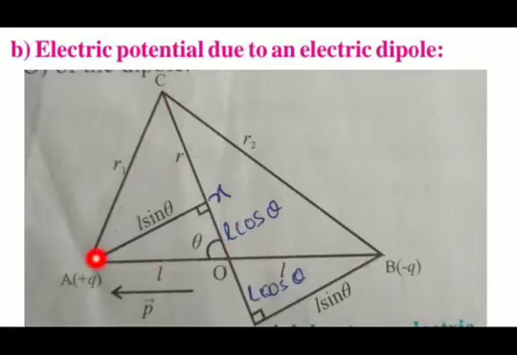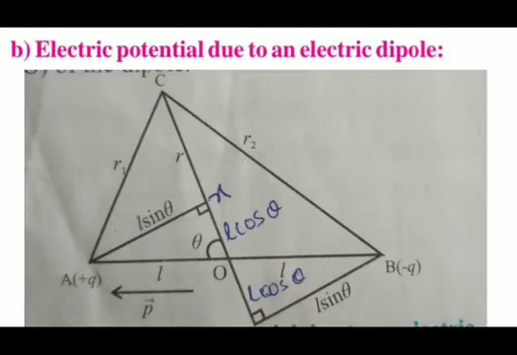Now you can see here, we have to consider an electric dipole AB, and we have to consider that at point A a positive charge is situated here, and at point B a negative charge is situated, separated by a finite distance of twice L. That is, the distance of positive Q at A from the origin is L, and the distance of B, or minus Q, from the origin O is also L. So overall AB itself is twice L.